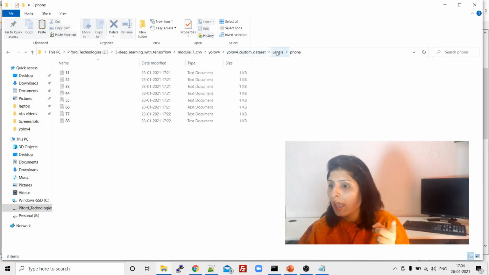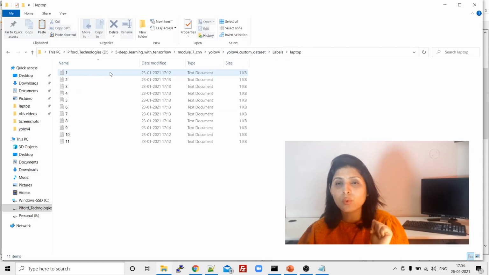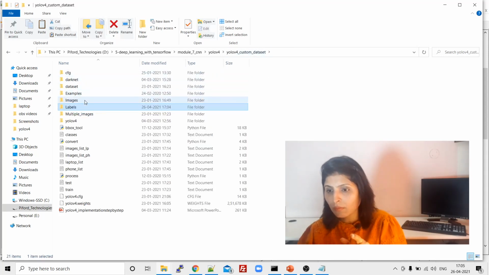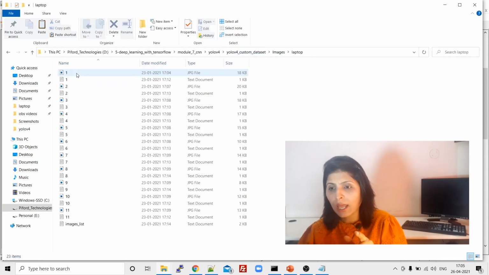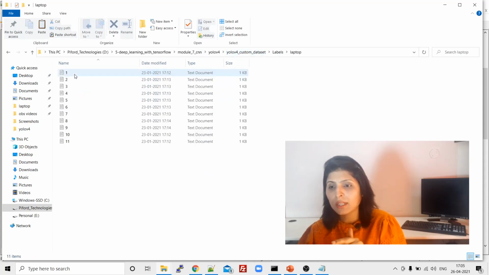Under this labels folder, under the laptop folder, copy all the text files of laptops from the images laptop folder and paste them in the labels laptop folder.